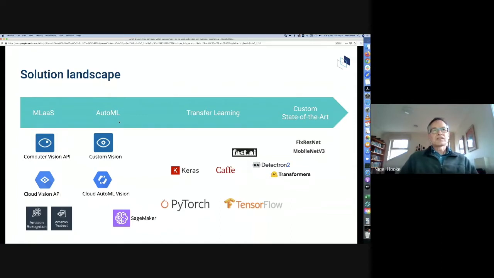DiUS works right across this spectrum, and we choose from the left if appropriate, but we also use technologies on the right if a more accurate or bespoke solution is required. Applying techniques from the right requires us to be aware of recently published research developments, which is a constantly changing landscape. For example, on the far right there, we have FixResNet and MobileNet v3, two new deep learning computer vision models that were announced in 2019. And we were using them on a customer problem soon after they were announced. Next slide, please.